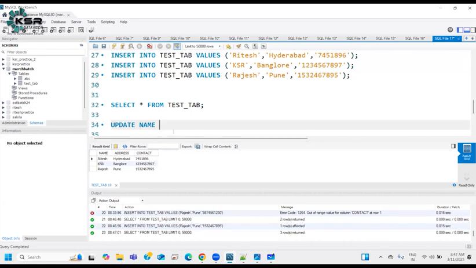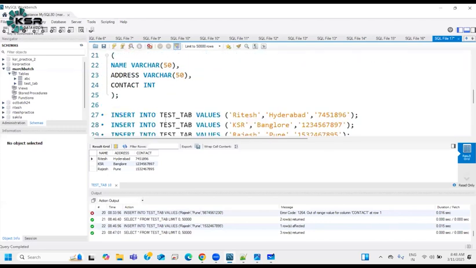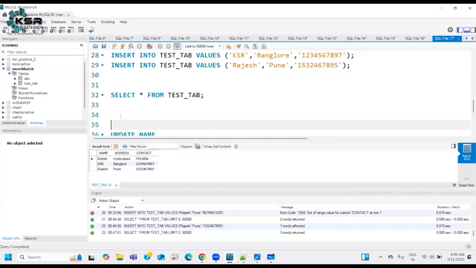I mean, you can delete all the records. There is one more query called delete. So rather than jumping to update, I'll use delete. Delete from whatever table name. It is not required to mention the word table. Directly the table name should be given. Delete from table. Now, if I run this